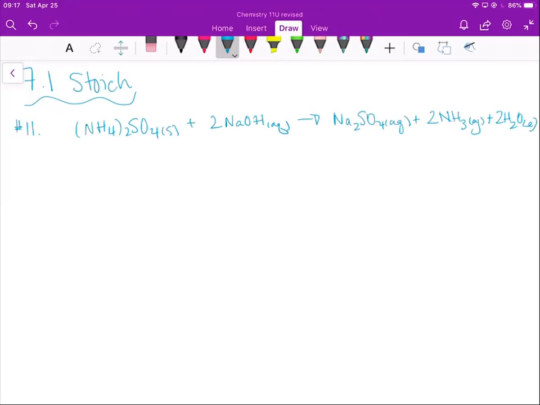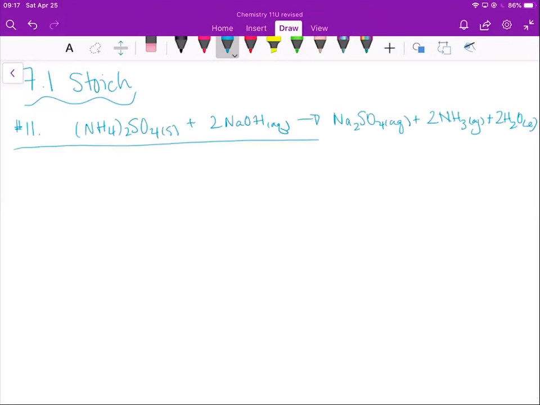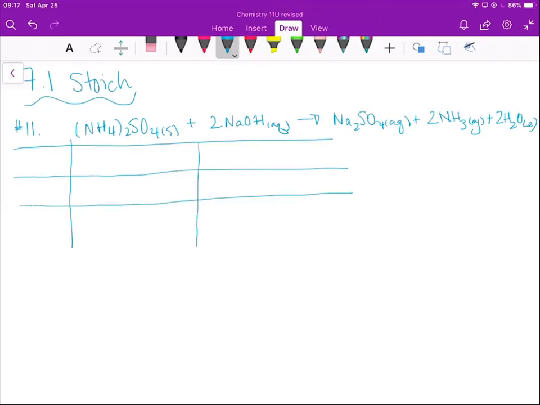Now with stoichiometry, the main reason I'm not just posting the answers is I have to teach you guys how to make this table. You do not have to do it this way. You can just do it mathematically, equations going down, whatnot. But this is the way that I really prefer to do everything. Okay. What's given to us is